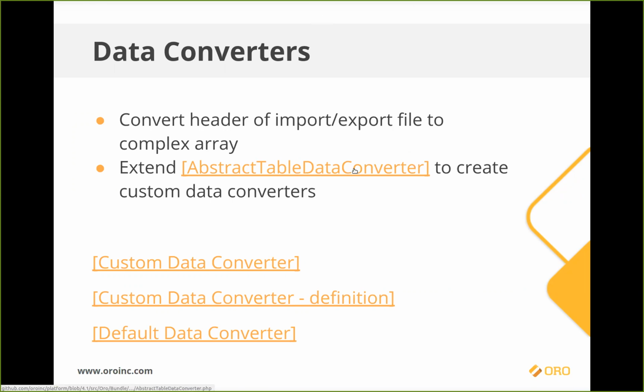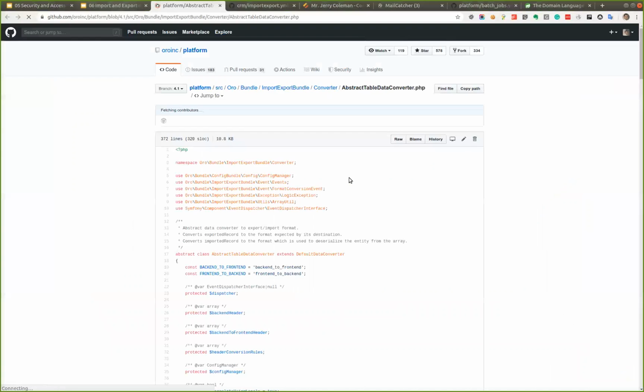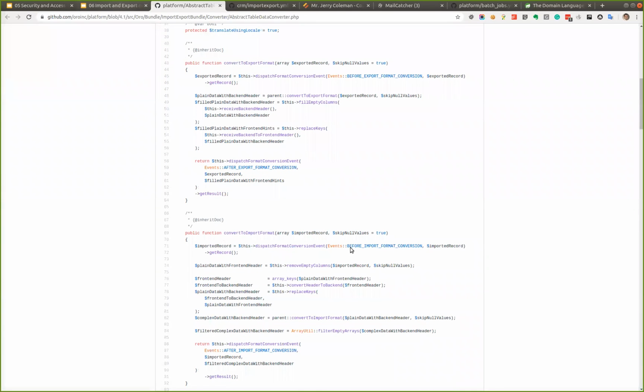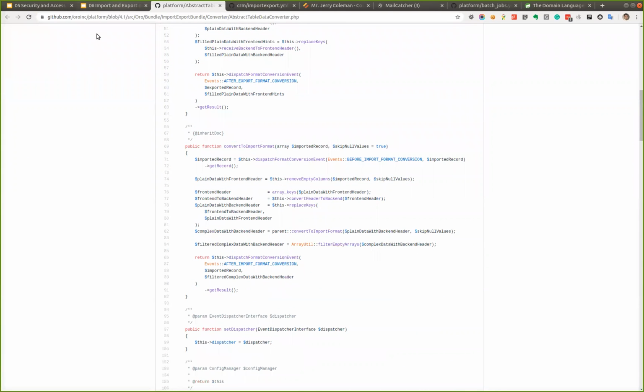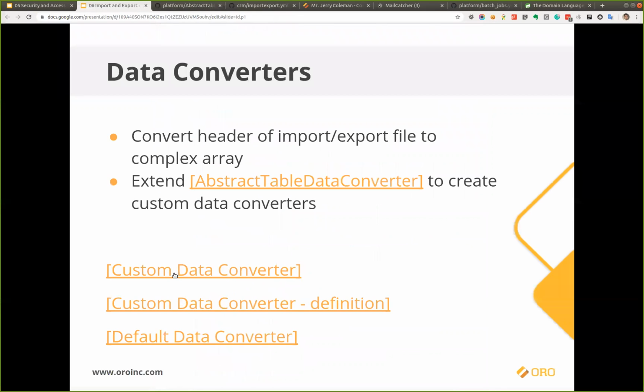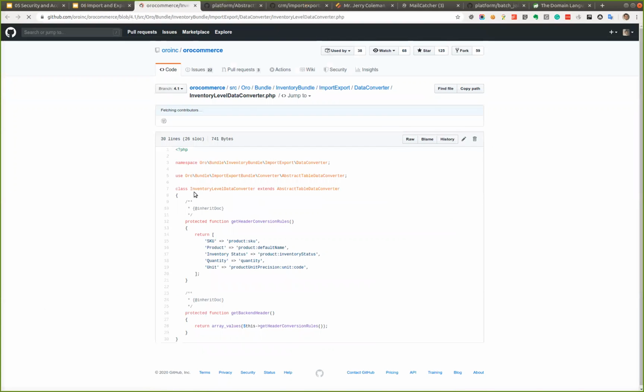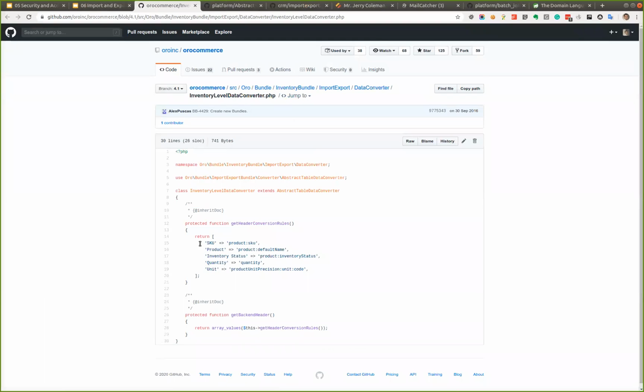of course, there's a possibility: you just extend the abstract table data converter, which has some information on how to convert to the export format and how to convert to the import format. And you just extend those. So we have a custom data converter, for example, here, which is used for the inventory, and we override the headers. So SKU should be used for this. This is how you define the relation. So product SKU, this is like the relation or the property. Product default name. So you just create some mapping here,